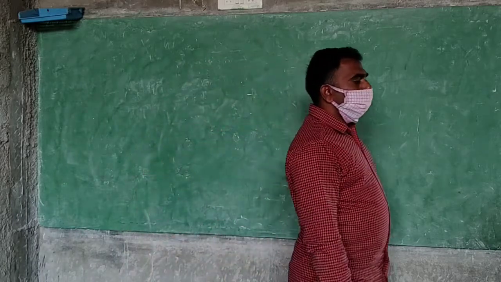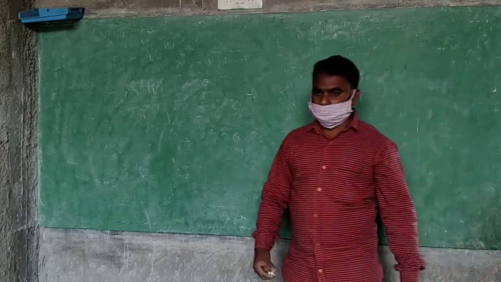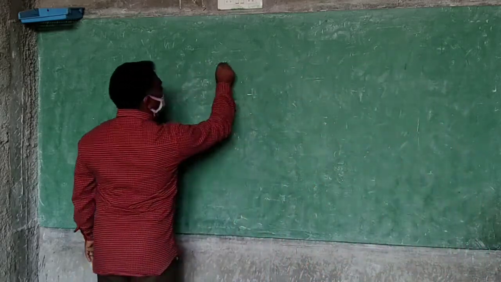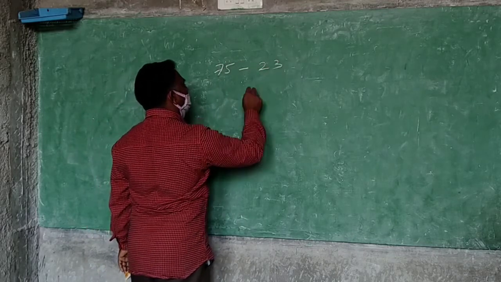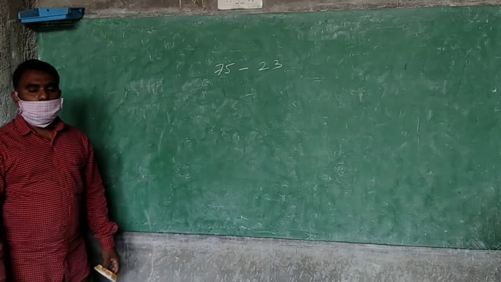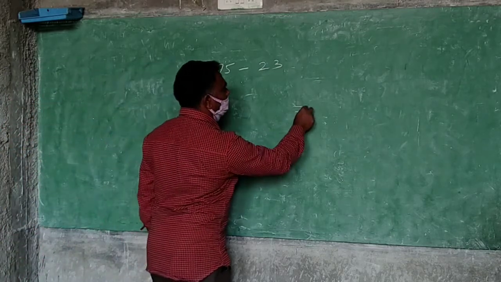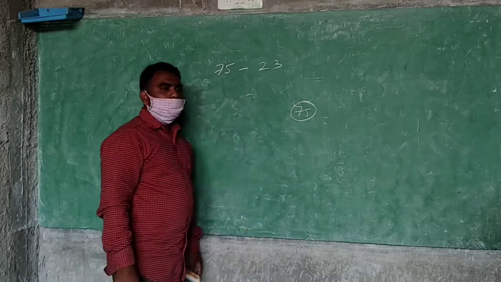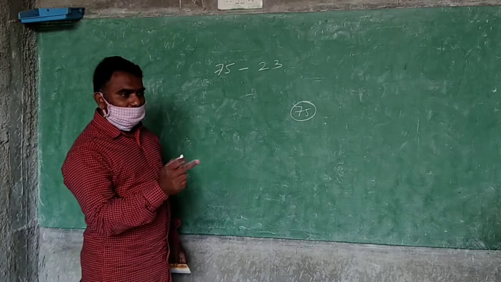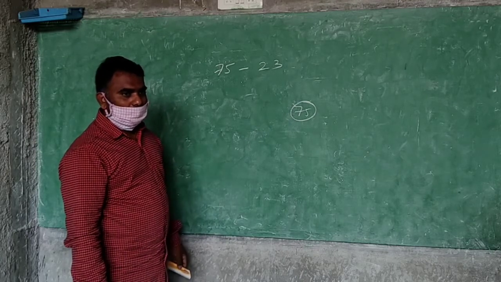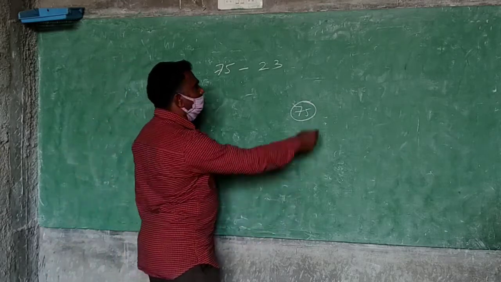Okay. Now we will do some examples of subtraction. How do you subtract? 75 minus 23. How do you subtract? 52. So what you will do? From 75 you will start. Somebody will subtract directly, somebody in parts. Yesterday you have subtracted like that. So now 23 you want to subtract, no? First what you will do? 3 subtract first.